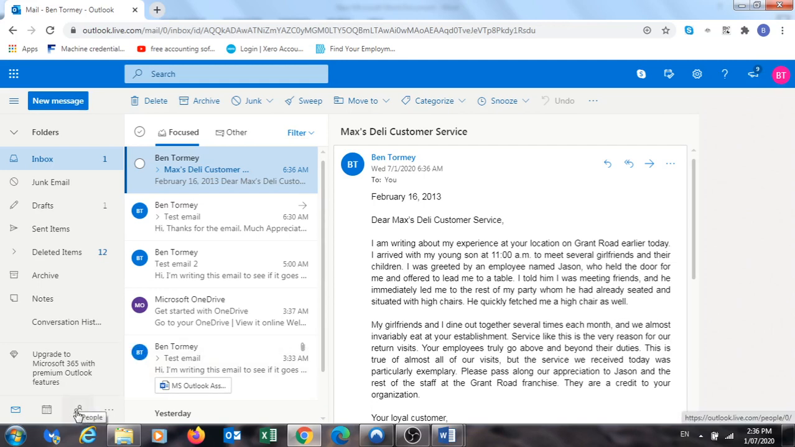So the people, that little people symbol down the bottom is where you need to go in order to create contacts. So essentially what we're doing here is we are